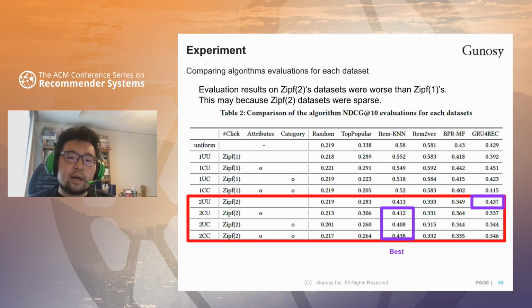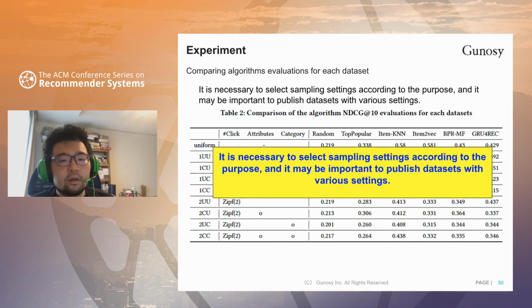The DIP-F2 datasets have different results. One algorithm achieved the best performance except when both the attribute and categories are constrained, whereas item KNN achieved the best when both are constrained. This may be because the DIP-F2 datasets were very sparse. These results suggest that the performance of algorithms differed depending on how the datasets were built.